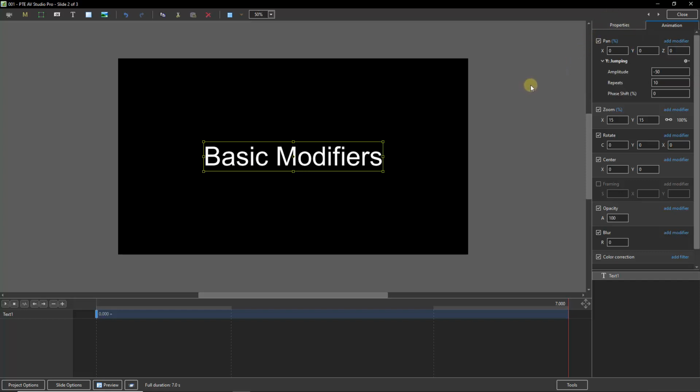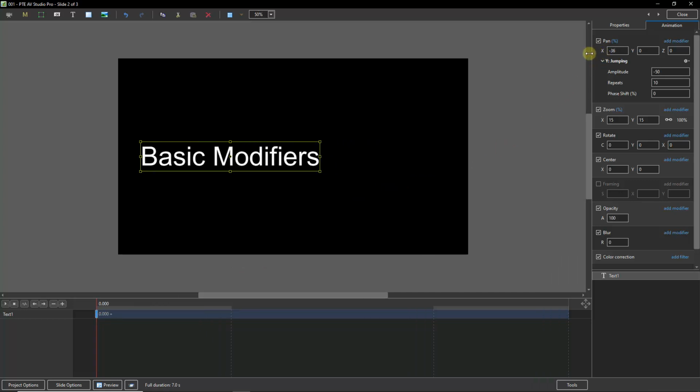In the demonstration I showed a few moments ago, which was an introduction to a black and white sequence, I just applied a basic jumping modifier to first a gentle pan and then a 360-degree rotation. So let me do that with my basic text. I've got my first keyframe on the extreme left as per normal. So I'm going to move the text to create a gentle pan. I can do that by clicking and dragging over the X on the pan X there